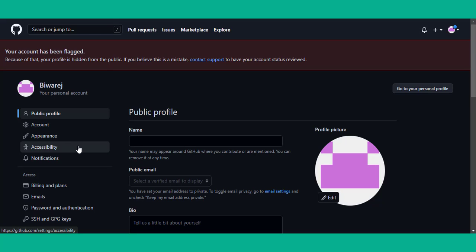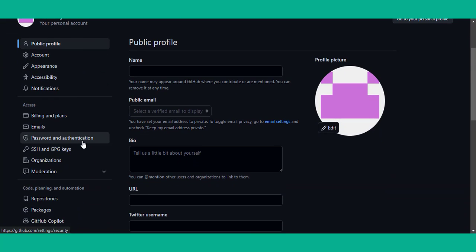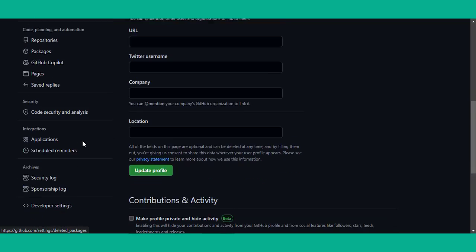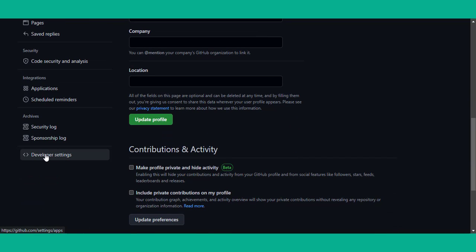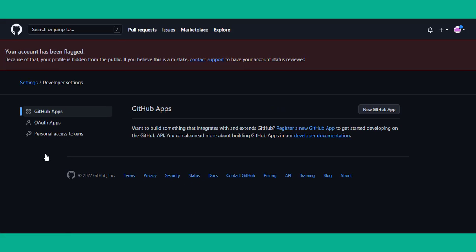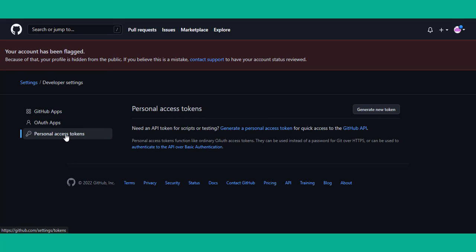Now, when your settings open, look down for developer settings and click on it. When you click on developer settings, click on personal access token, because we want to be able to do this programmatically without having to enter our password and username for cloning. So now we generate a new token,